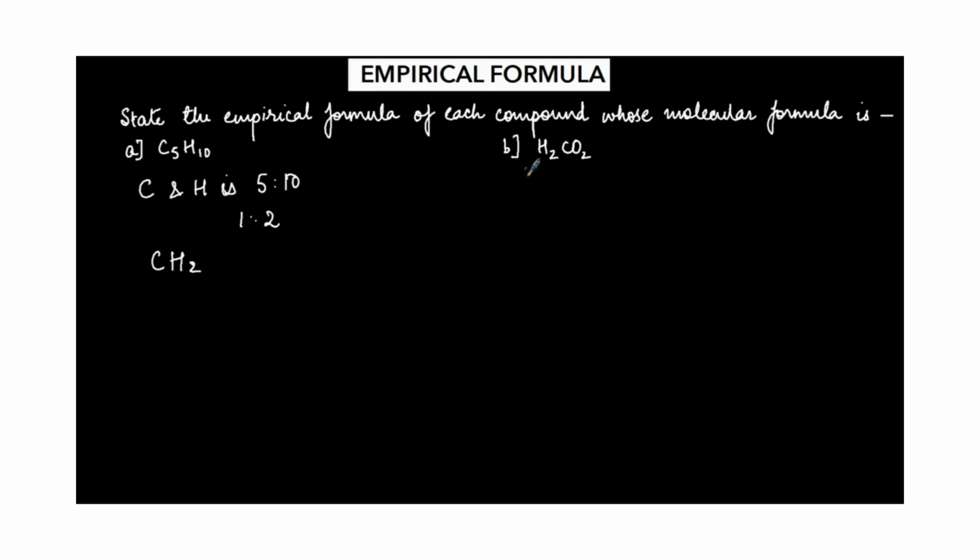Here, on the other hand, you have to find out the empirical formula for H2CO2. Ratio you will take out first of H, C and O, which would be 2:1:2. This is the ratio of the compound. So the empirical formula here would be the same. It would be the same because this is itself the simplest ratio, and it cannot be simpler than this. H2CO2. This is the